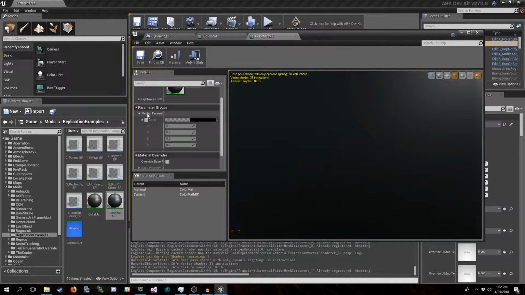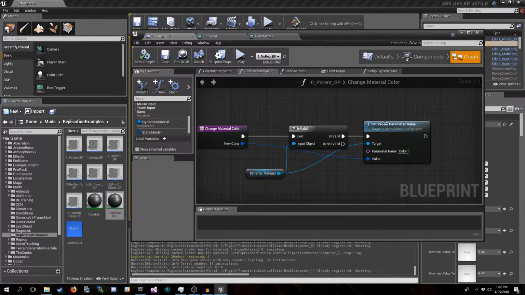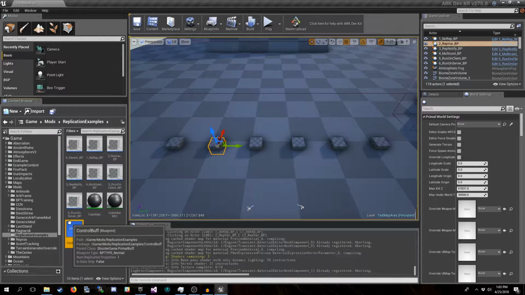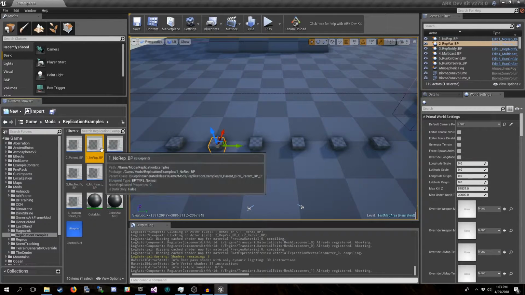You'll see there it's got that vector parameter in the parameter groups named color. The name is important because when you go to actually set the value, you have to set it by the name of the parameter. We also have this buff blueprint, and we'll go into that one and why it's there as we go through these other actors.